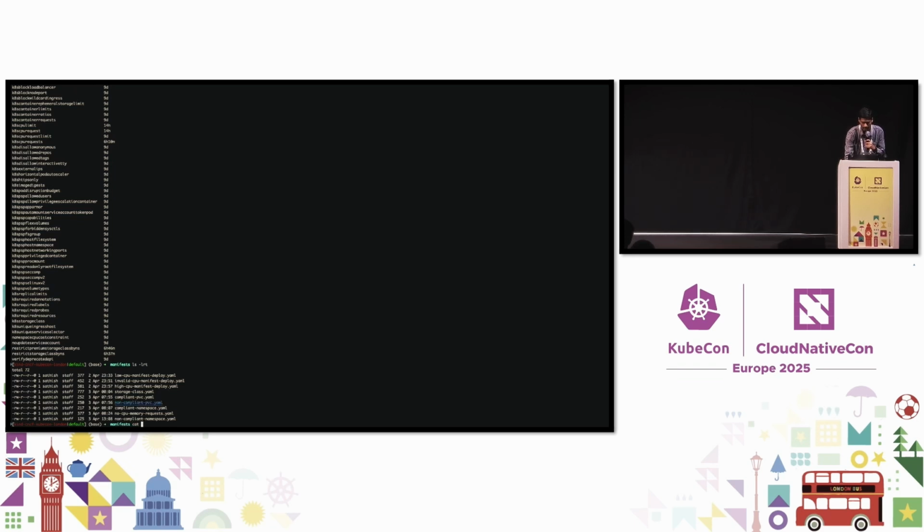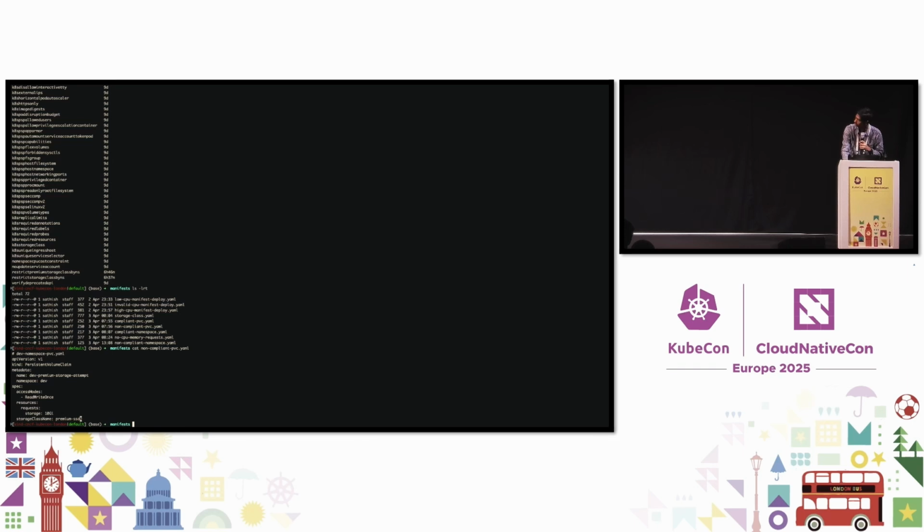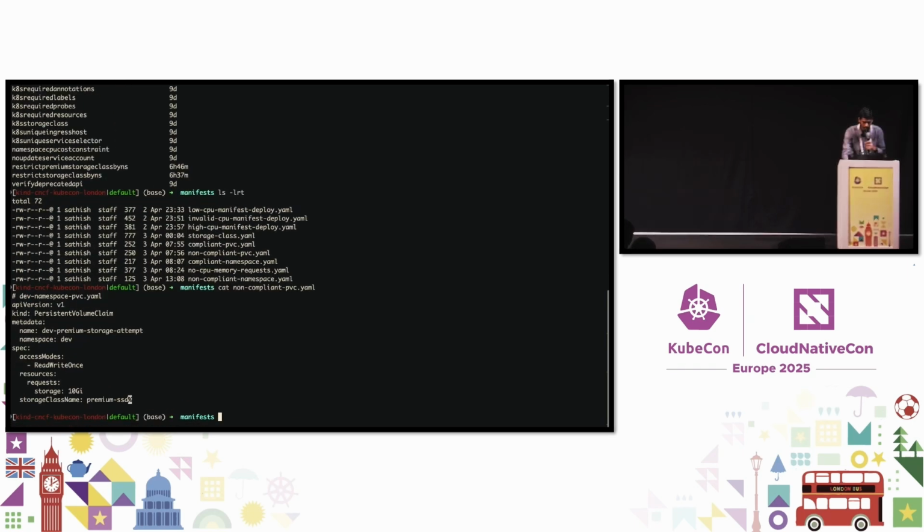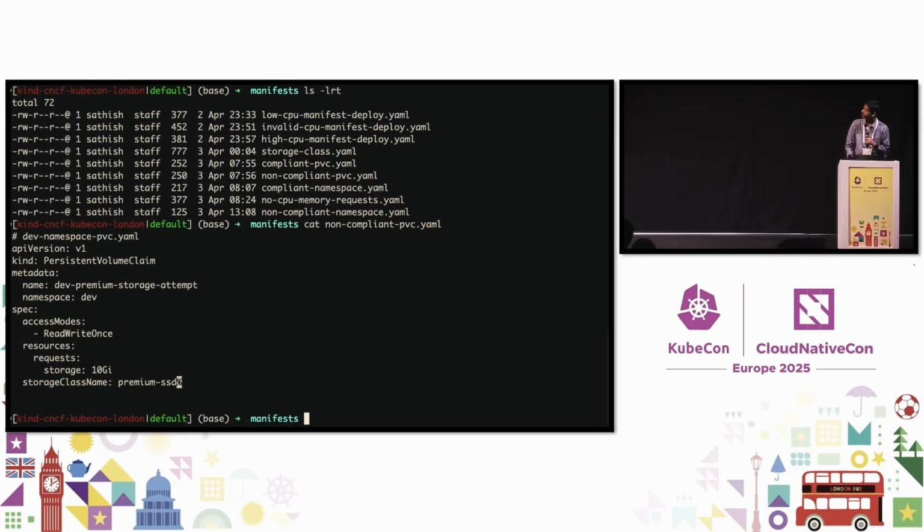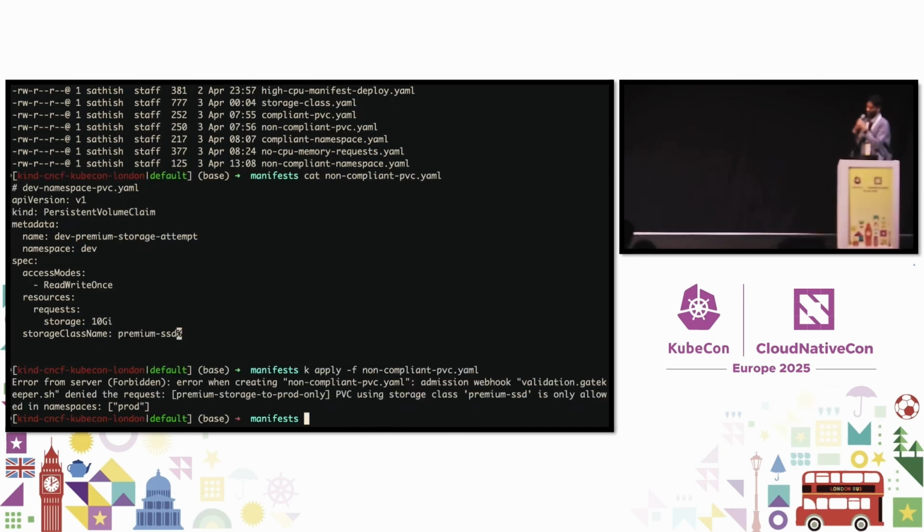Is it clear? Yes. So if you can see here, I'm trying to create a PVC using the storage class premium SSD in the dev namespace. When I apply this manifest, immediately the resource is denied and not applied on the cluster.